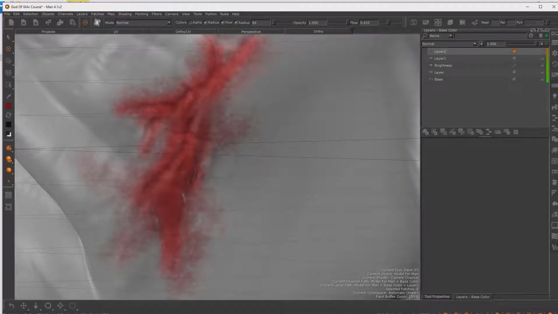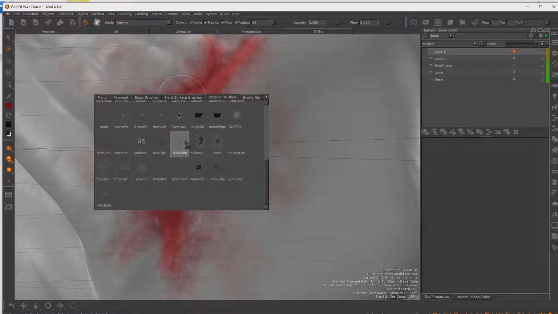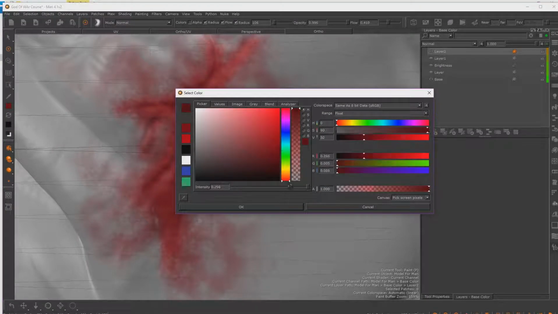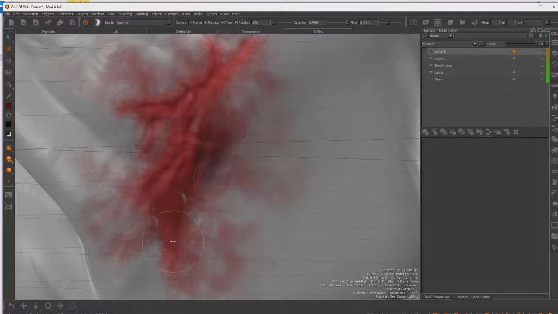So now I just change the opacity and just paint and give this blood details. So I just can change my brush to maybe this one and just paint details, and I change the color to a darker color like here. And when I paint,